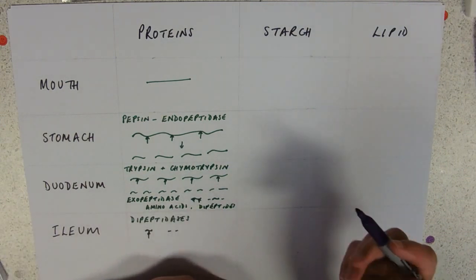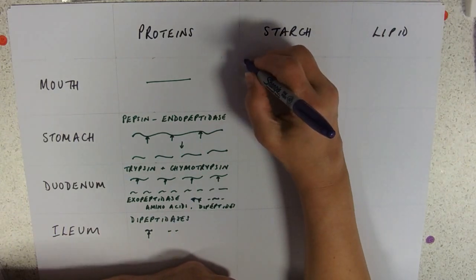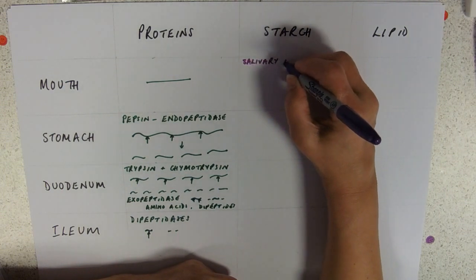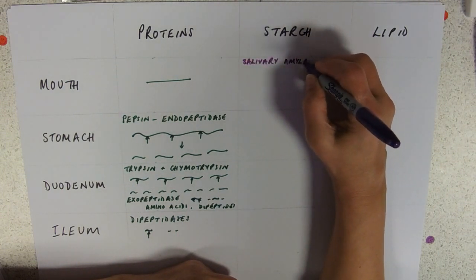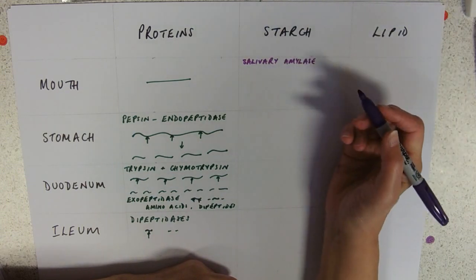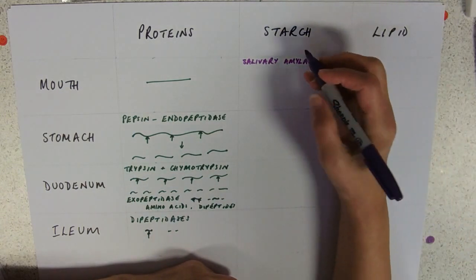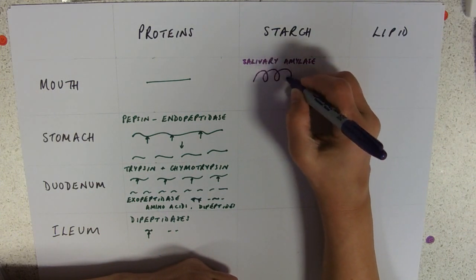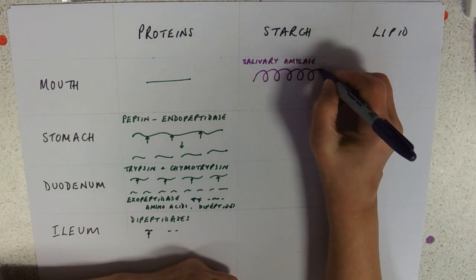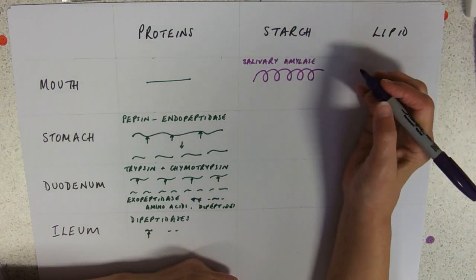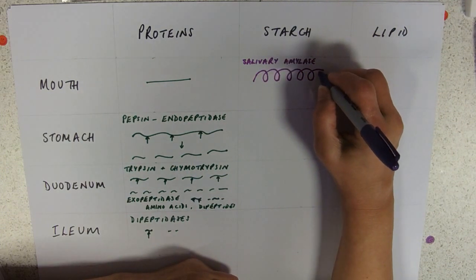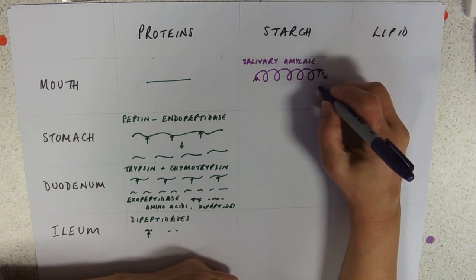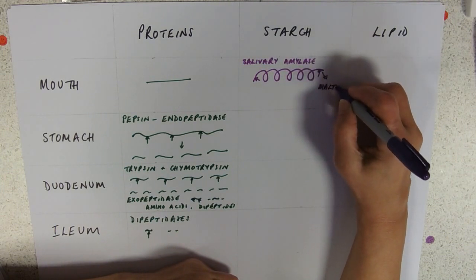Starch digestion. Now starch digestion does happen in the mouth, and because it's released in saliva, we call the enzyme salivary amylase. Now really this deals with the amylose. I'm imagining there's some kind of amylopectinase enzyme too. And amylase acts to release maltose.